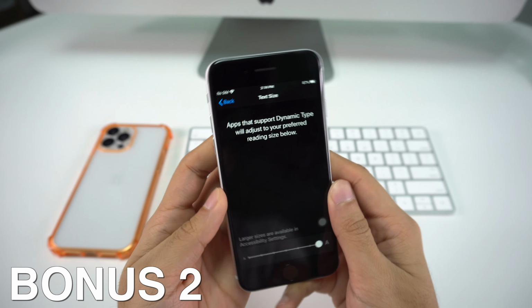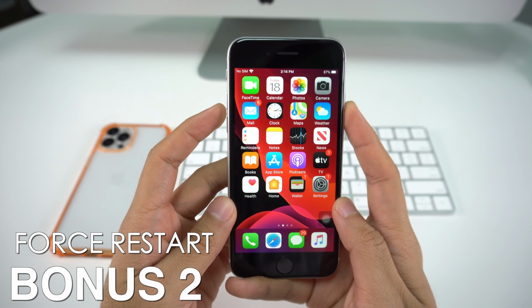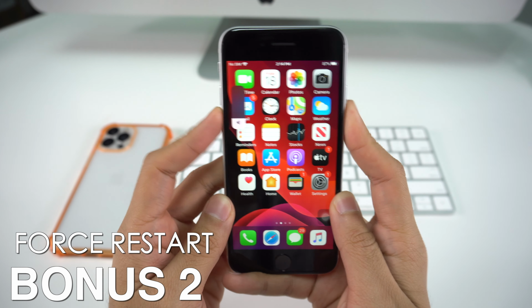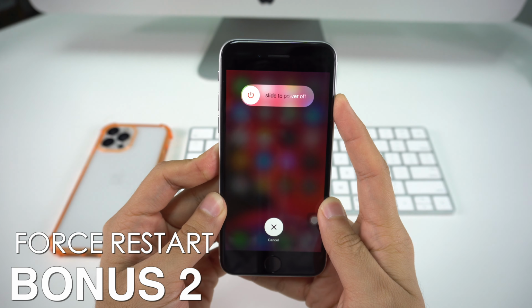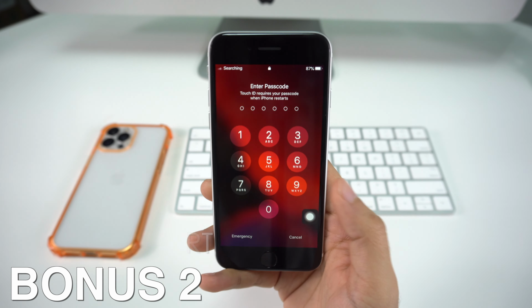preference. And now the last one is going to be how to perform a force restart in case it got stuck on the screen, and you can do this by pressing volume up, volume down, and the lock button. You're not going to release the lock button until the iPhone turns off. And as you can tell, the phone is going to start turning on again and your phone is going to be back